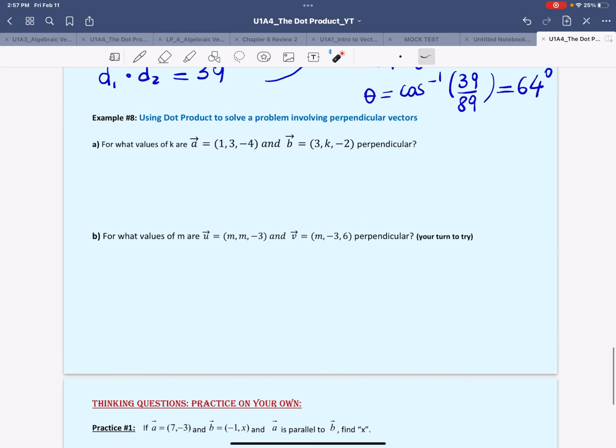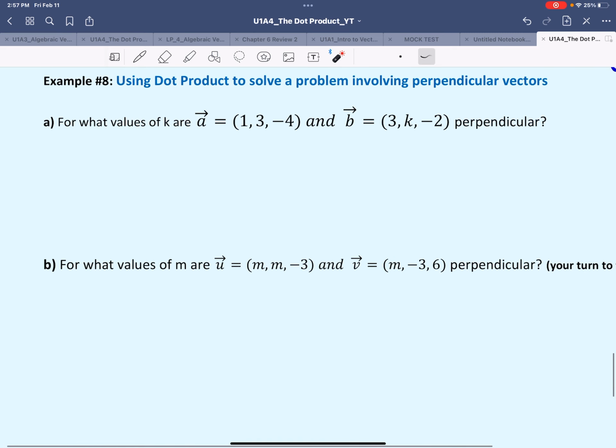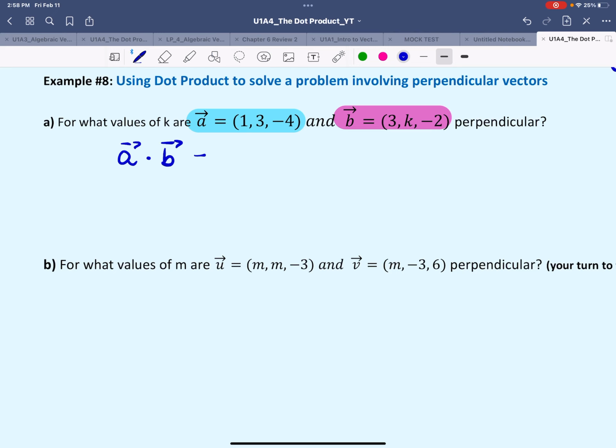The last example. We're going to use the dot product to solve a problem involving perpendicular vectors. We are given two vectors, called A and B. As you can see, for A, we have all three coordinates. For B, we are missing the coordinate K, which is the Y. We're told that the two vectors are perpendicular, so we want to figure out what K value will make sure that they are perpendicular. If they're perpendicular, then A dot B